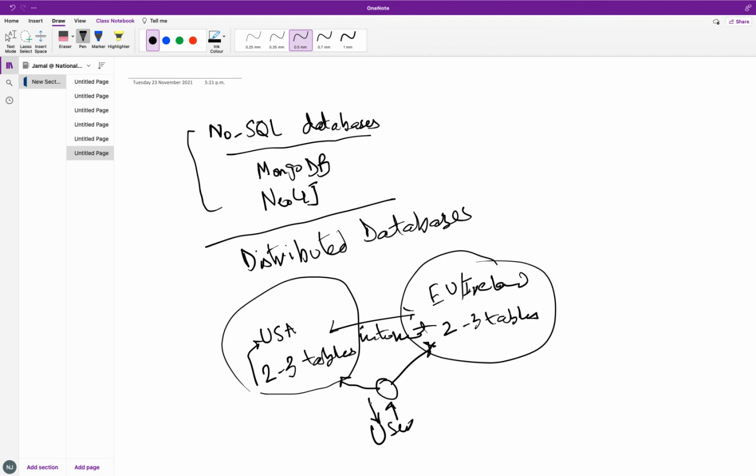Okay, so it depends how you will partition your database, but the main idea of distributed databases is that your data is distributed over different geographical locations. It could be part of one network, it could be part of multiple different networks, right? For example, Facebook data, obviously they cannot store all Facebook data in one location. They must have multiple data centers in different locations.